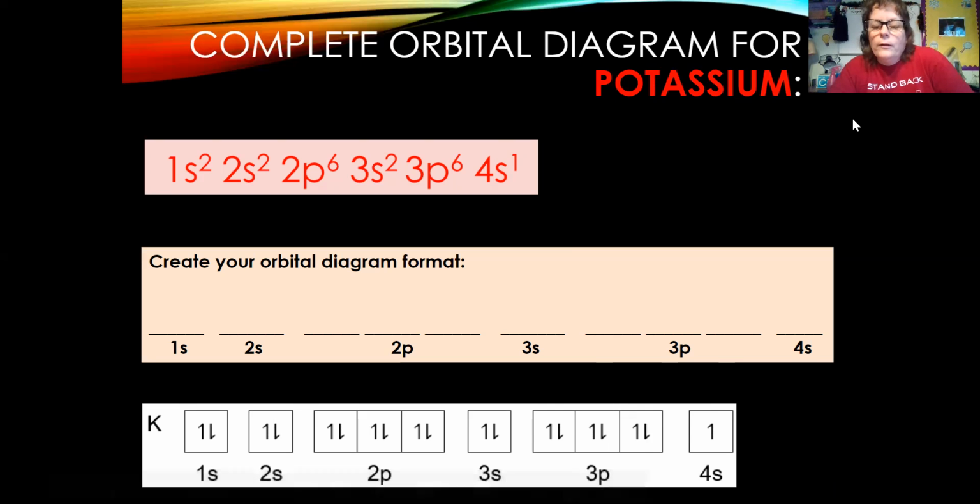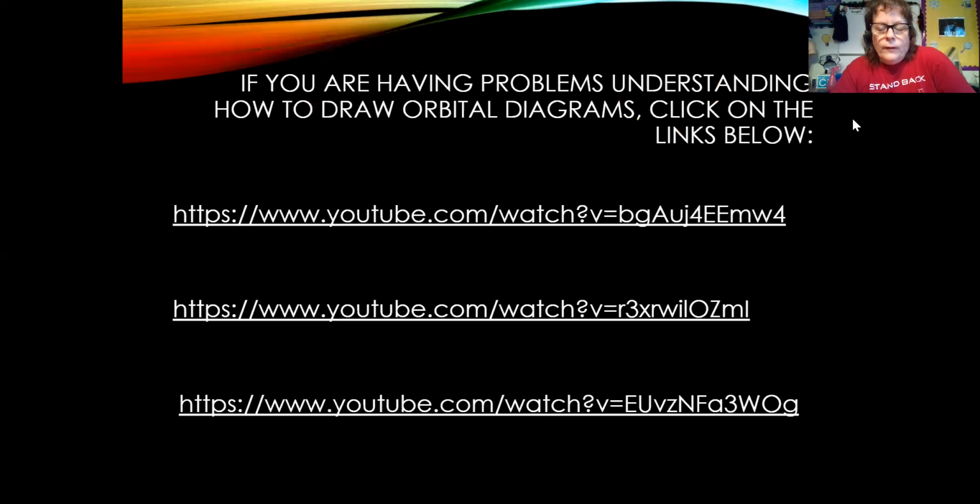diagram for potassium. Okay, so there's some additional videos I've included in here if you're confused or just need different perspectives or different points of view on how to do these orbital diagrams. But the key to this is you've got to understand how to do electron configuration first, and then you need to remember that s orbitals only hold 2 electrons, and p orbitals can hold up to 6, and then d orbitals up to 10,